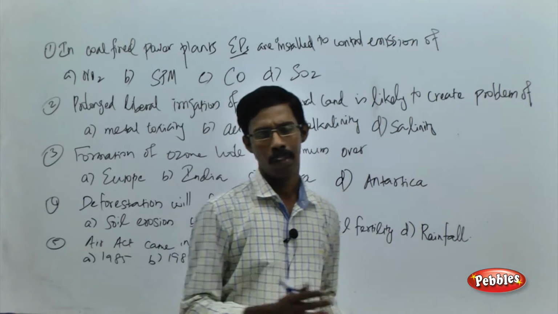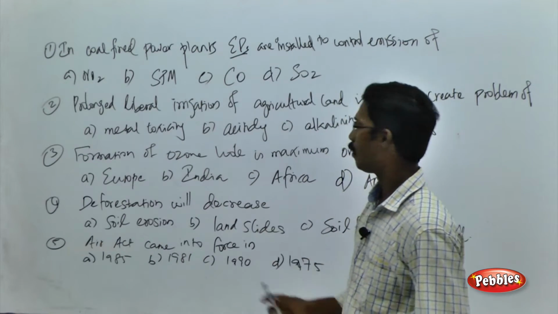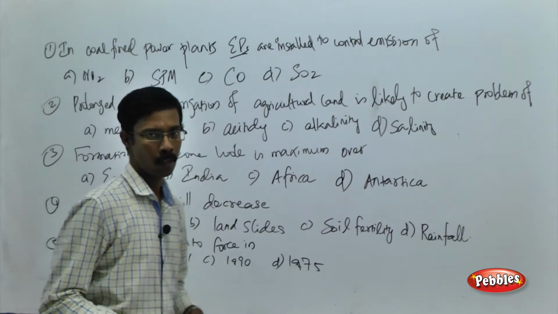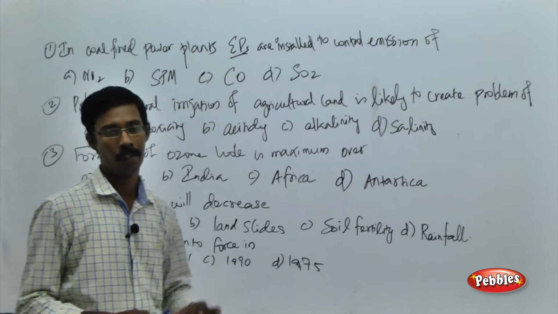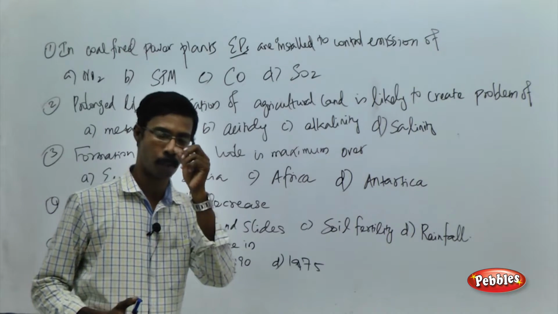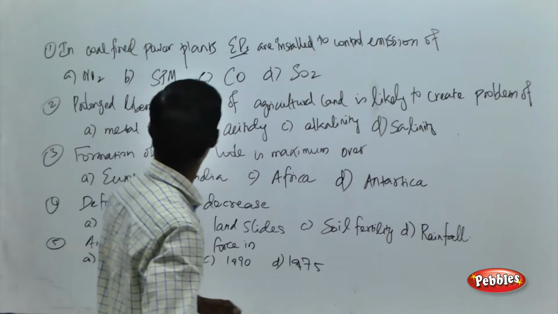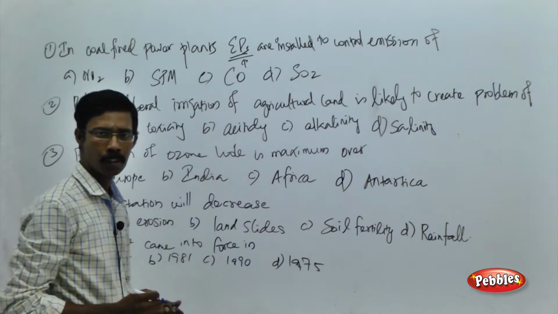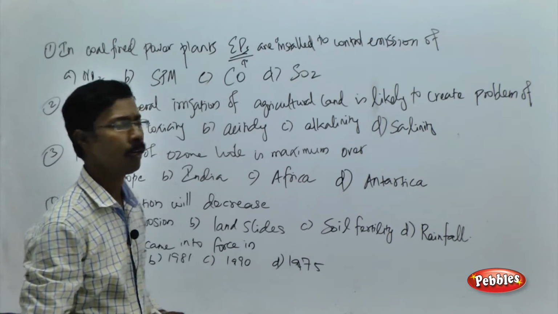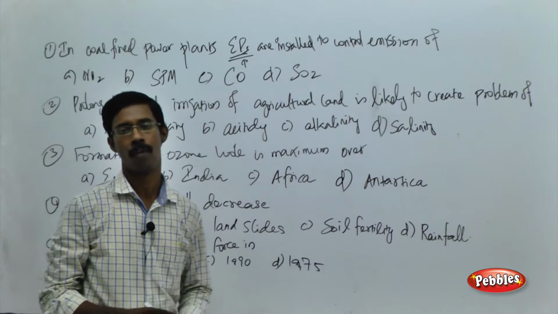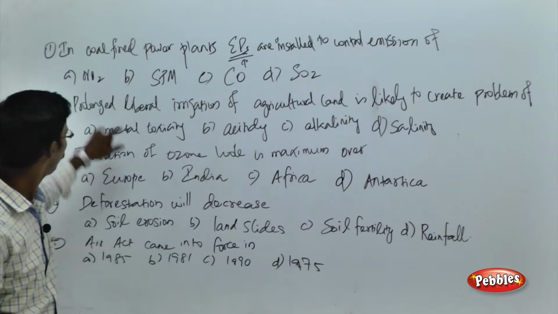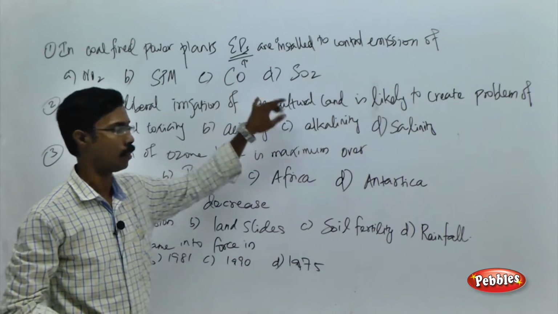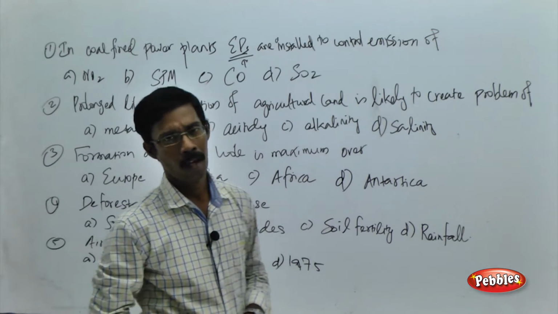And now we are going to see the final set of questions, and see the first question. In a coal-fired power plant, just imagine a power plant which is powered by coal. In coal-powered power plants, the electrostatic precipitators are installed to control the emission of, and there are some choices given to you: nitrous oxide, solid particulate matter, carbon monoxide and sulfur dioxide. As I told you,